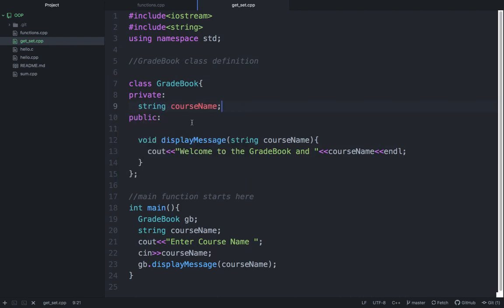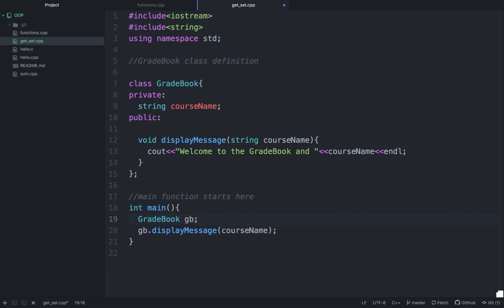When we are talking about a private variable, we can't access it directly outside, and we'll take an example also. I'm removing courseName from here and changing it, so I don't have any course name here, right? You don't have anything to display, but you have courseName here, because courseName is here, it can access it, but it doesn't have any value, right?